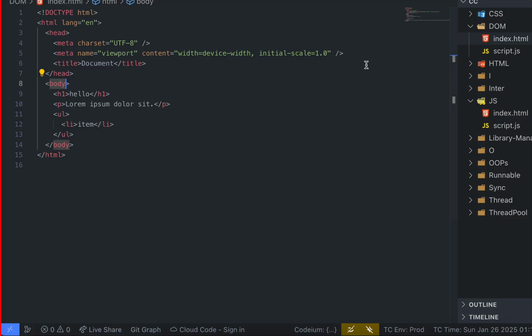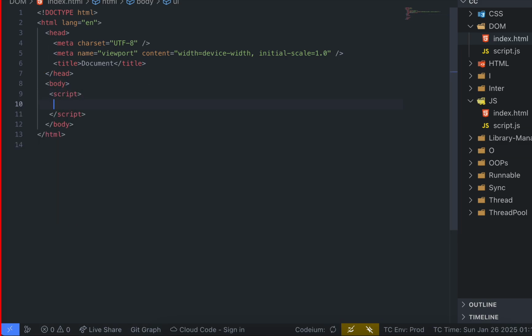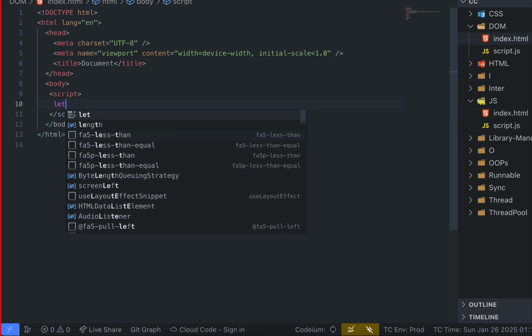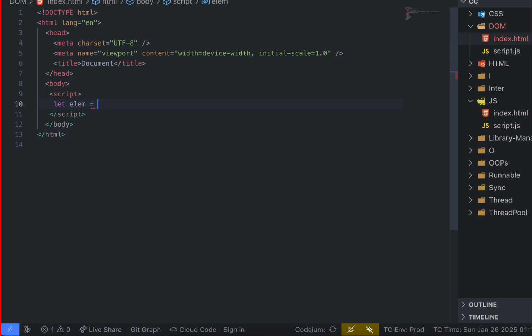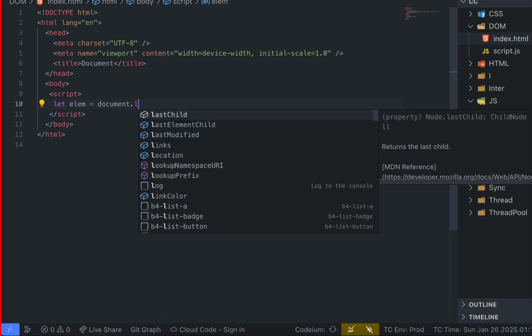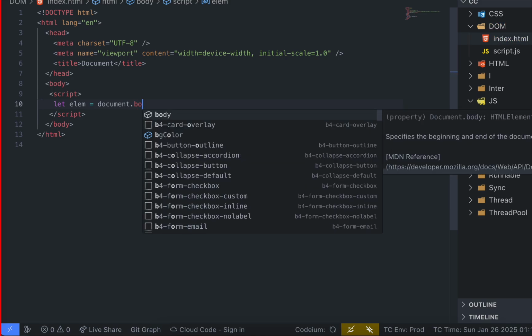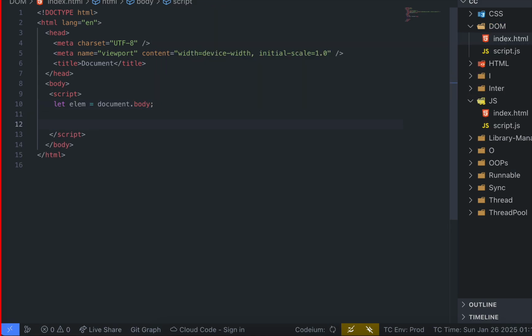Okay, we'll see in this code. This is a body. Inside the body we have the script. Let element be created with document.body. I will console.log here that element dot